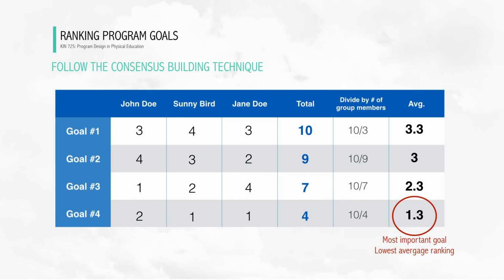And if you notice that you have an abundance of goals from one particular domain, try to modify and adjust this so you have a good balanced representation of all the different domains for your goals. You should have at least 3 goals for each domain. So 3 goals for psychomotor, 3 goals for cognitive, 3 goals for affective, and then your 10th goal can be any one of the 3.